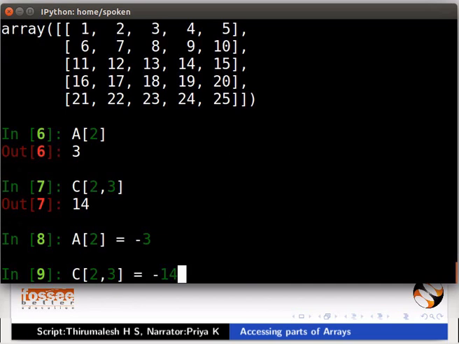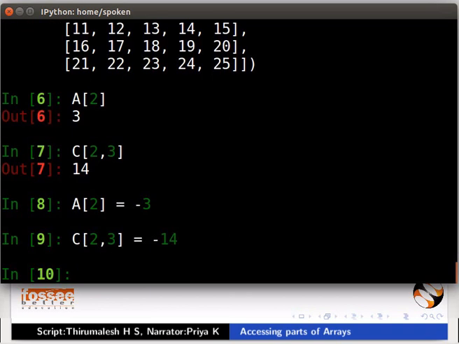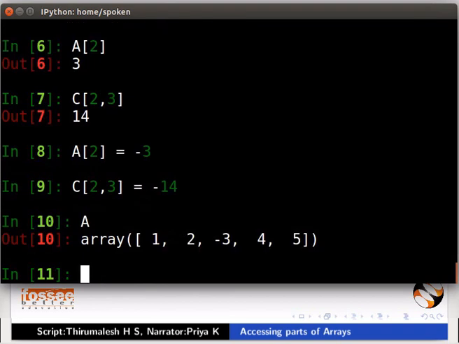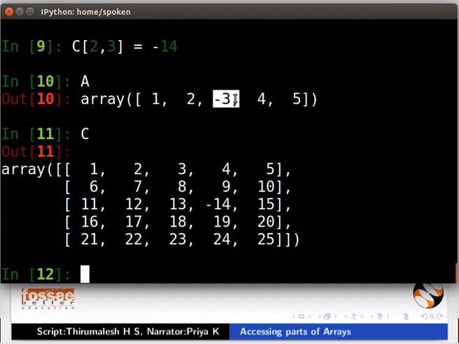Type C[2,3] = -14. Let us check our operations. Type A. Type C. You can see that the elements are changed now. Likewise, you can change any single element in an array.